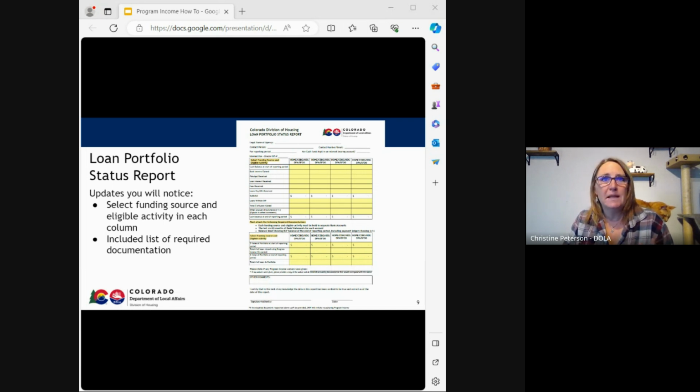The funds should be held in a separate bank account so that when you are recording interest from that PI, we understand that the $250 is actually for that one specific fund and it's not spread across all of your rehab funds. You could have 8 different funding sources. You put them all in one bank account and it becomes much more difficult for all of us to understand what's going on. So, separate bank accounts are always advised, and I believe will be a policy at some point in the near future.